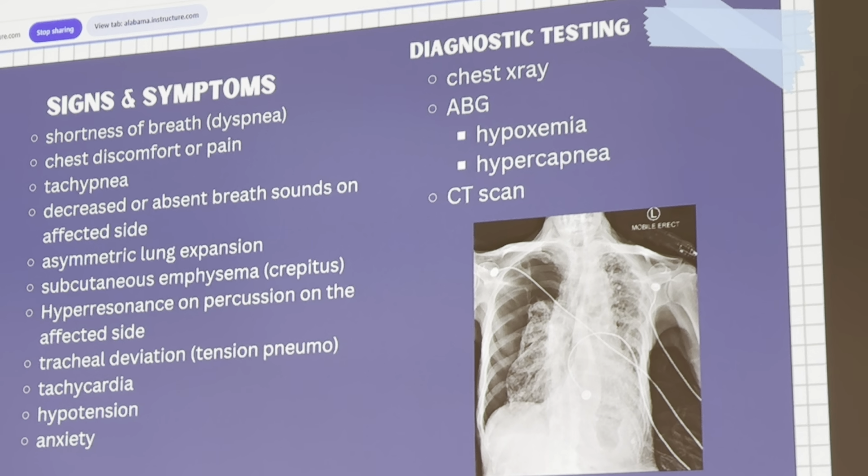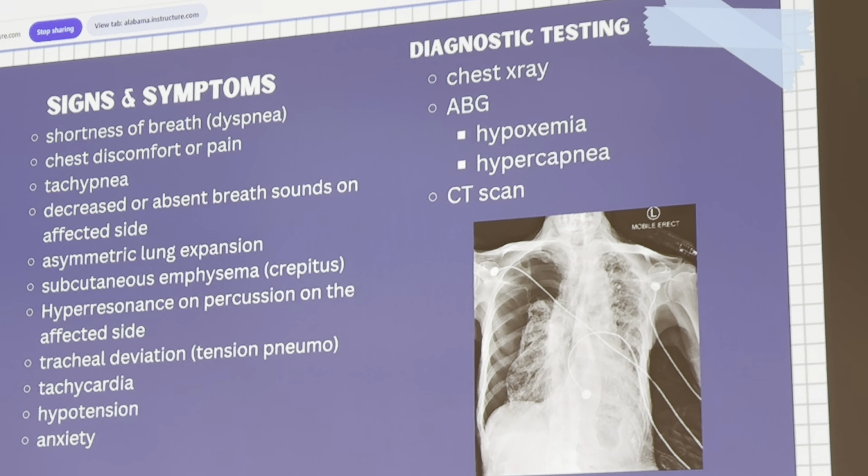And eventually, if that air space is taking up too much, it can collapse my lung as well, and then I'll have a whole lot of other issues as well. So things like shortness of breath, some type of chest pain, some type of chest discomfort. If you hear chest pain, yes, we think about heart, but we also have some other options out there as well. So think about that. Tachypnea, my patient's trying to get more air into their lungs. They feel that shortness of breath. They're gonna breathe a little bit heavier, a little bit faster,